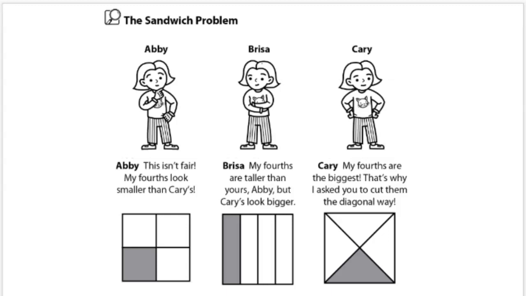Now we'll read a little more about what Daniel says to the girls after he hears what they think about their sandwiches. Daniel just smiled, even though the triplets were all wailing by then. He said, "Look, I'll tell you what. After lunch, I'll give you some square pieces of paper. You can fold them and cut them and check to see if you got a bad deal or not. How's that?" The girls nodded through their tears, ate their sandwiches, and then went to get the paper squares from